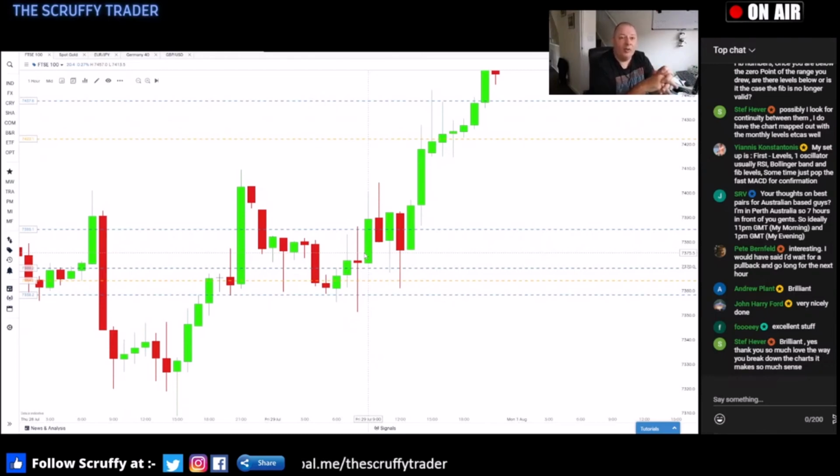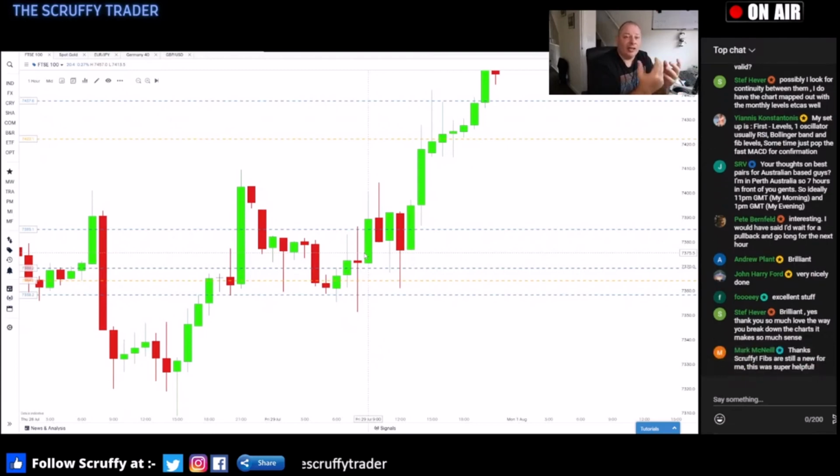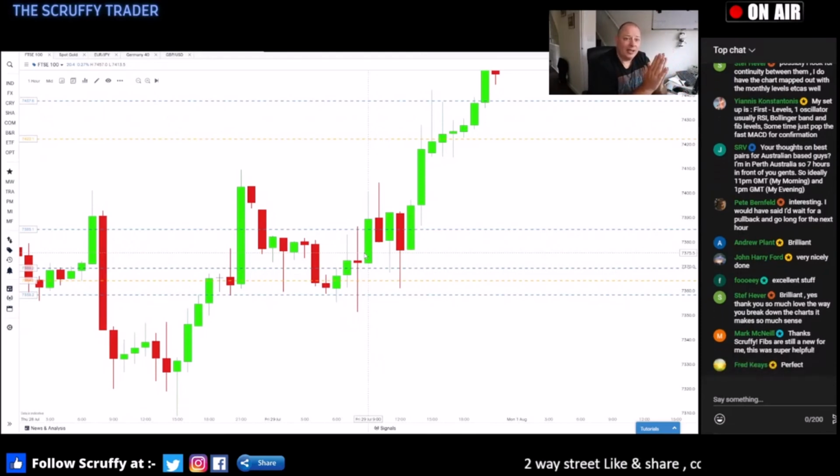Yeah, always have your levels on. I stripped them off this simply because I wanted the chart to look clean, but those levels that you put on, it's always the same three. Occasionally I look at 4 hour, but even then it's a rarity for me. It's always monthly, weekly, daily. If you've got those levels on and you've drawn them properly,